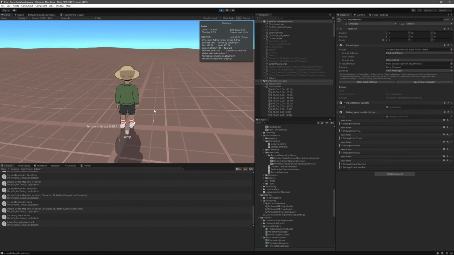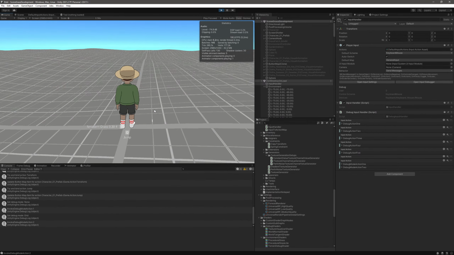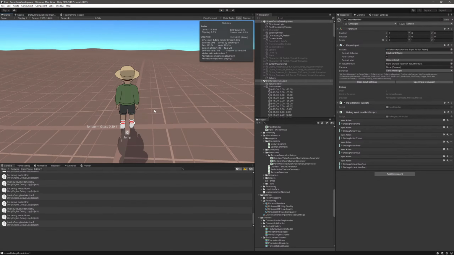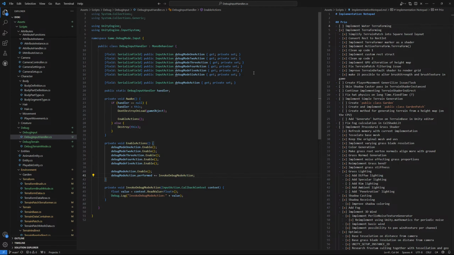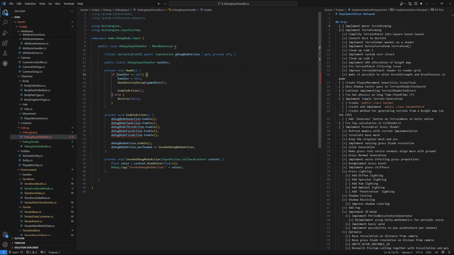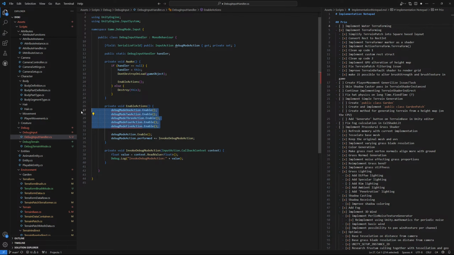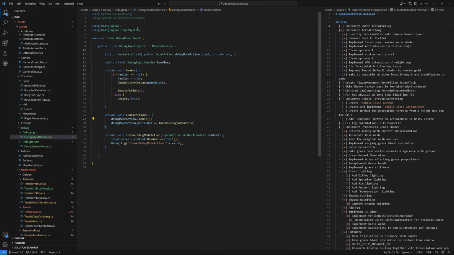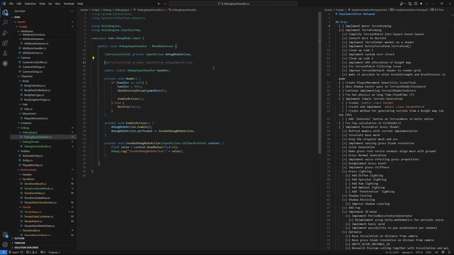Invoke debug mode action 1, invoke debug mode action 2. Beautiful. Good morning, Desai. So now we can clean this up a bit. We can remove these, this one, and clean this one up, even though we're going to have to redefine them. We do this, and then we have a